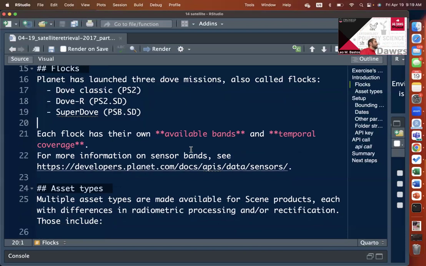Each one of these flocks has specific available bands. So remember, we talked about bands in the visible range and the near infrared range and other ranges of the electromagnetic spectrum. They also have different temporal coverage. Now, I want to make a distinction here. Temporal resolution is how many days it takes for it to revisit the same site. Temporal coverage is when did that mission start and when did that mission end, right? So this is going to be related to when you can get data